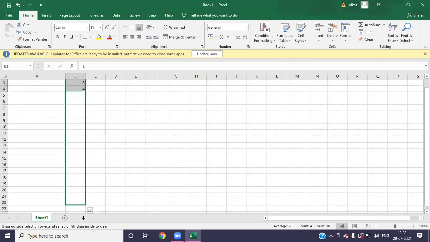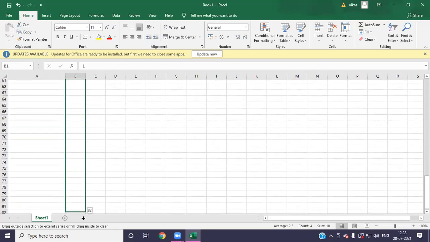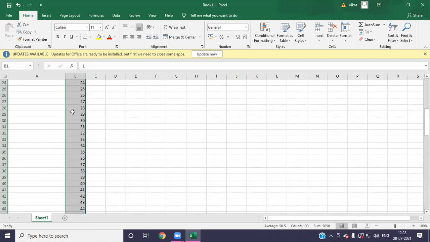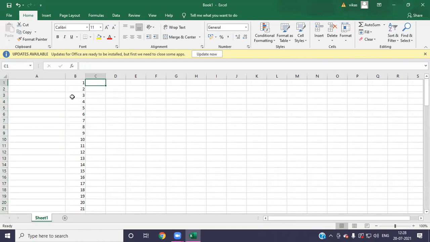Up to which number do we have to go? If we have to go up to 100, see here, downside it is showing 100 also. Now 100 is up to here, so now leave it. You will see the computer will automatically enter here up to 100. Same like that.